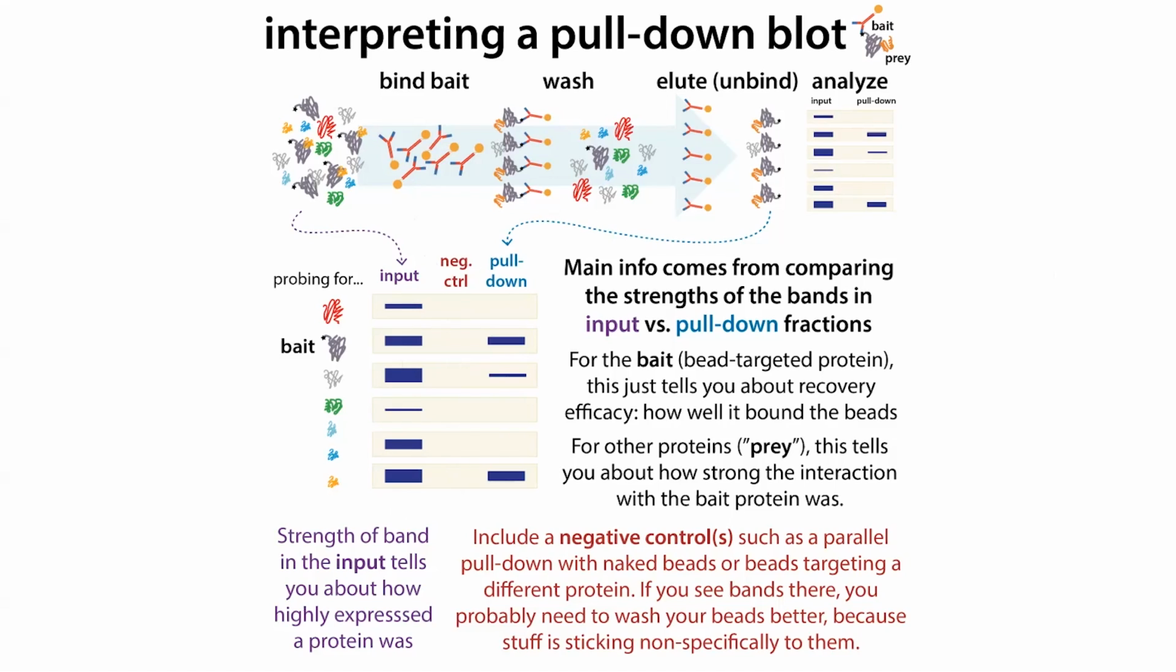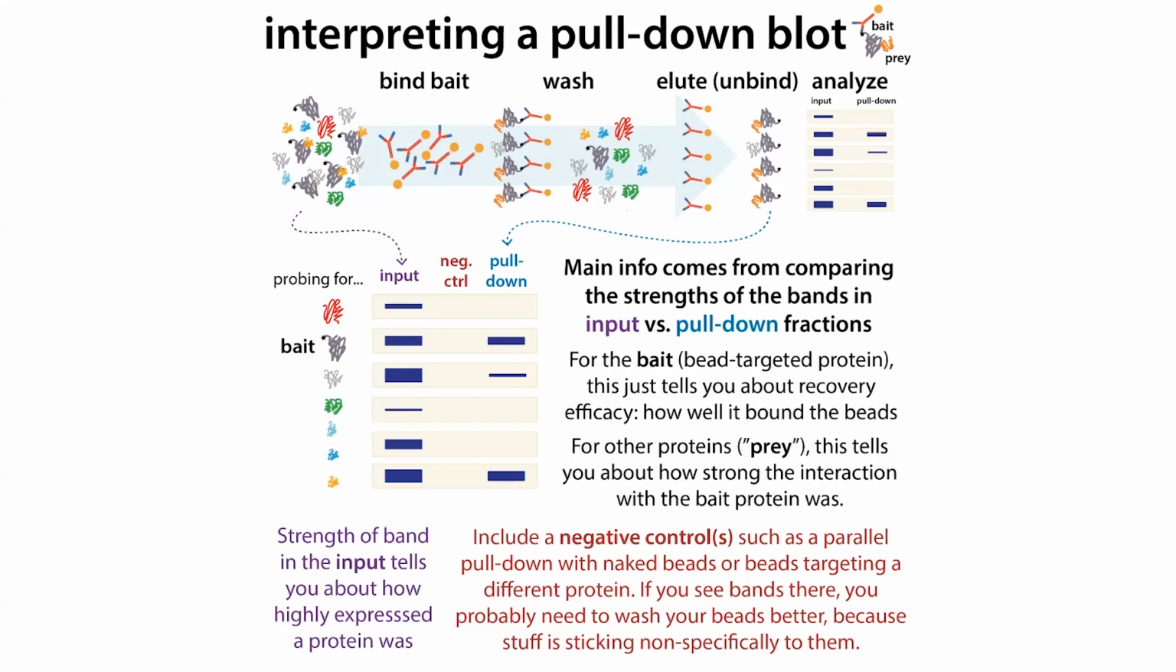So what is this going to tell you? In the case where you're probing for your bait, this is just going to tell you about the recovery efficacy, basically how well it bound the beads. Note that if you're totally overwhelming your beads, you still might have a much weaker band in your pull down than in your input. But if you see a really weak band, this is going to indicate that your protein isn't binding that well to your beads. If you're using your own antibodies,